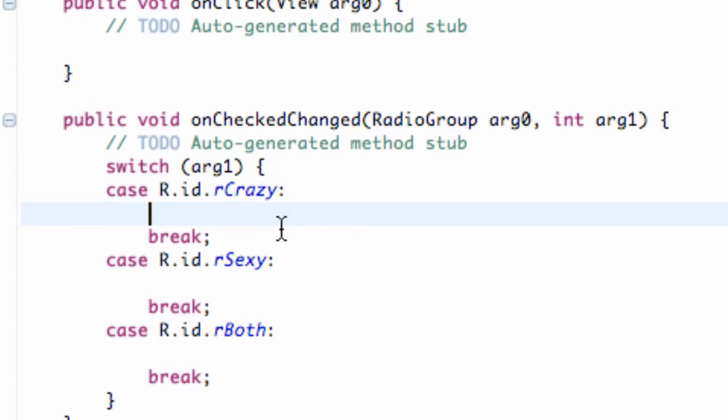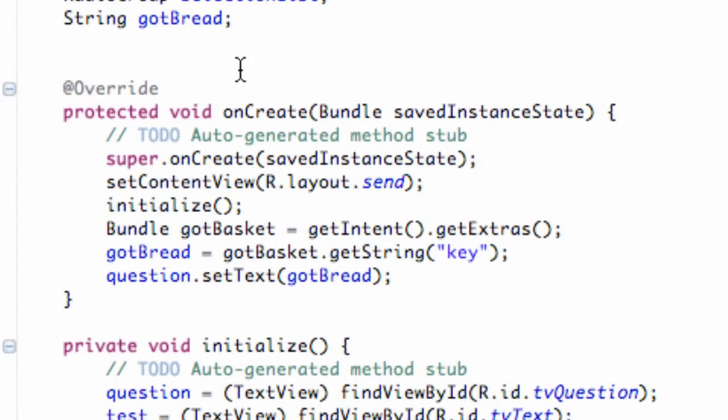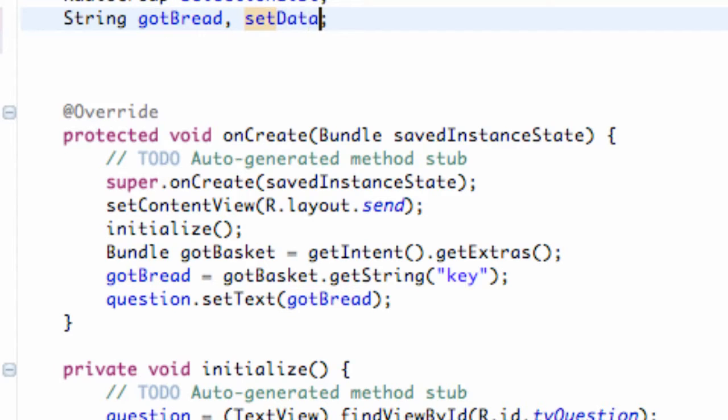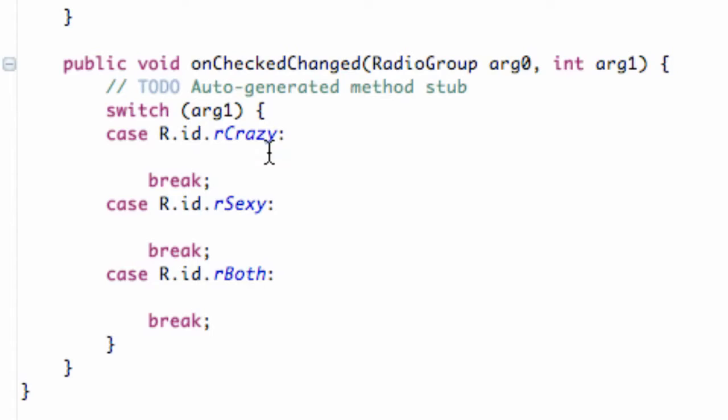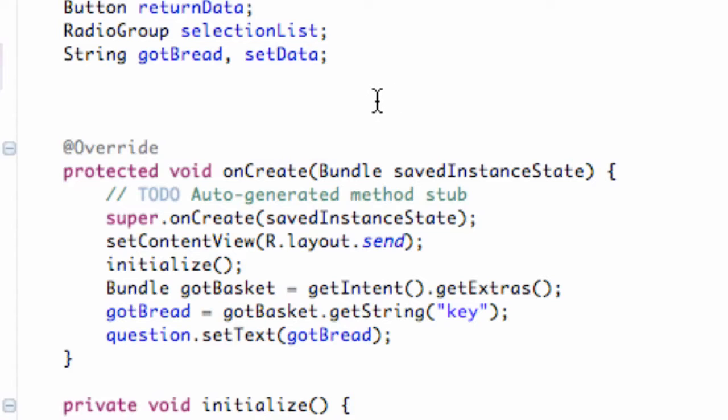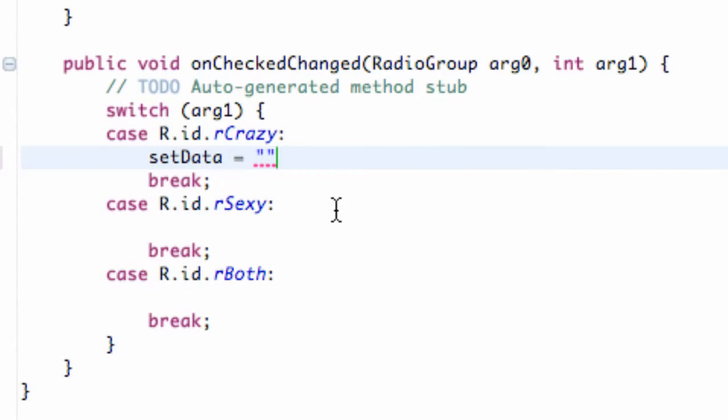But what we're going to do is basically set up a string variable. We're going to set up a new variable above our class, and we're going to call it send data. So we're going to set send data up within our switch case down here. These are kind of the answers for the most part. Did we set up answers? Not positive. No. Alright. So we're going to say send data, and if it's crazy, we're going to say probably